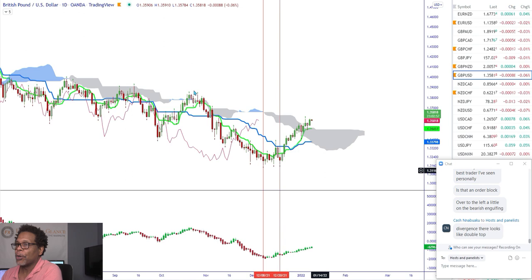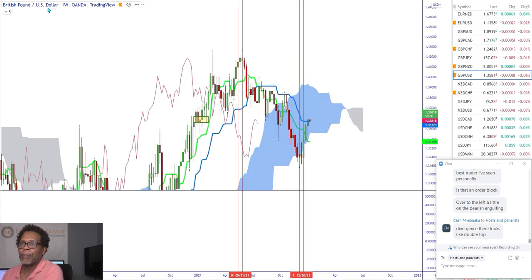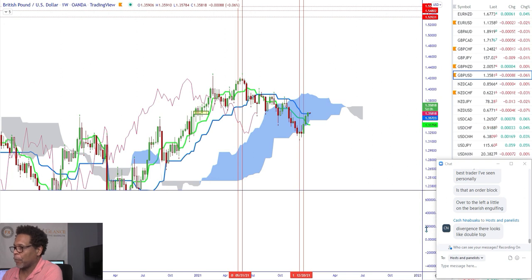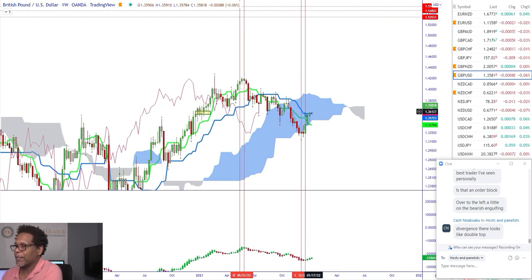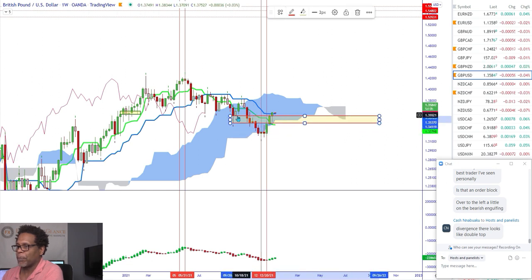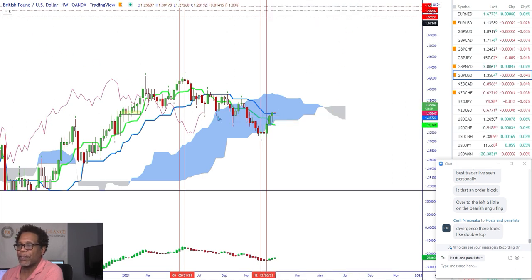Trust me. So again, let's go to the weekly real quick. Pound USD. Where's this thing? So pound USD is hitting a strong resistance level, the Kijunsen, and you're also inside of a fractal zone. See the zone? So I don't know which zone we're honoring because there's a couple here. It looks like we kind of went above this level a little bit. So let's take this zone off the chart. Let's mark this level, this fractal. Right there. That one right there.